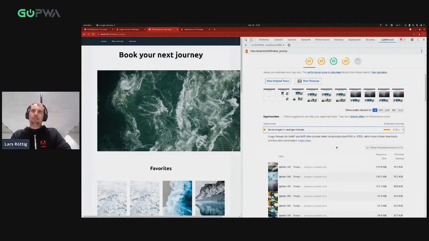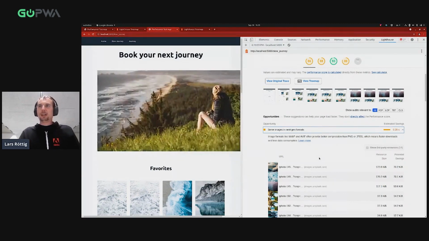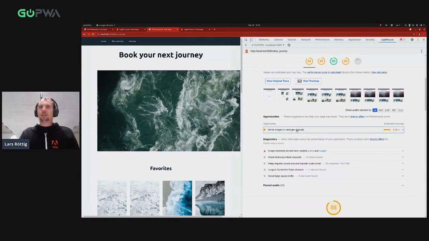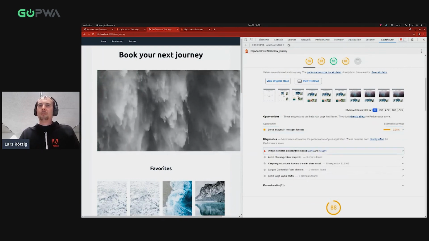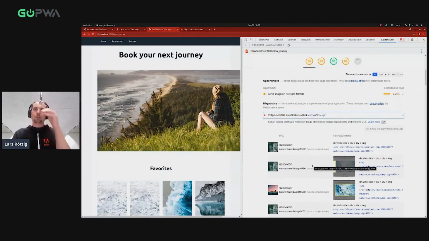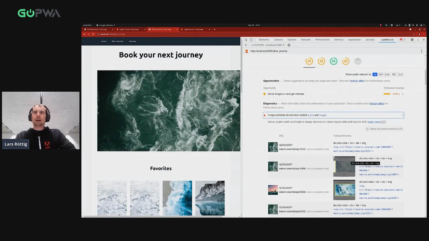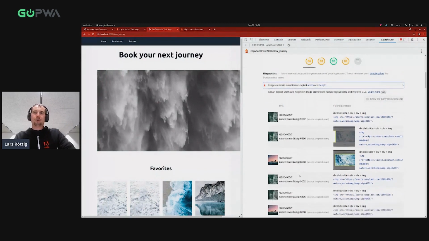We are serving images here from Unsplash, and this is included as a source. The red dot here already marks, hey, I have images where I forgot to include height and width for the element.